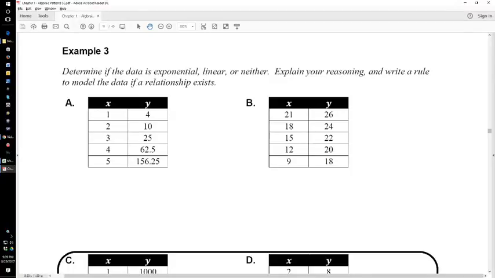Okay, this is Algebraic Reasoning, Chapter 1.2, Example 3. It says, determine if the data is exponential, linear, or neither. Explain your reasoning and write a rule to model the data if a relationship exists. Well, first things first, you'll notice we're going to check both whether they're adding the same thing or multiplying by